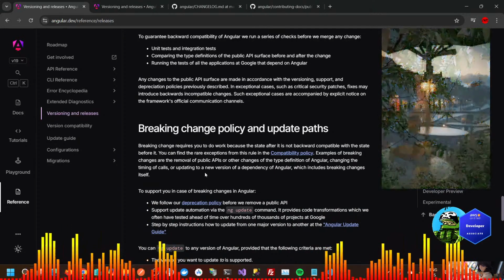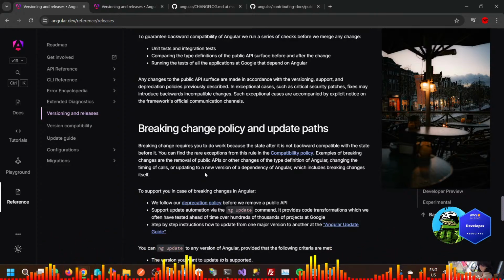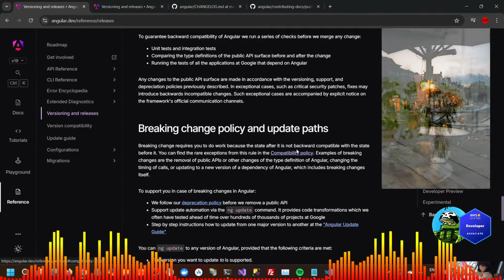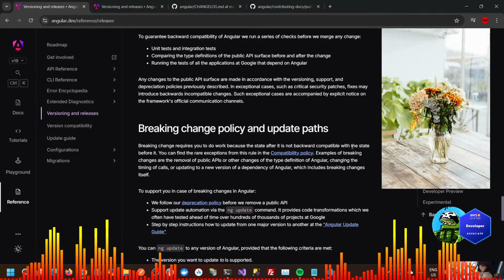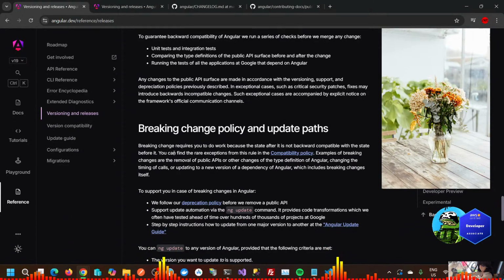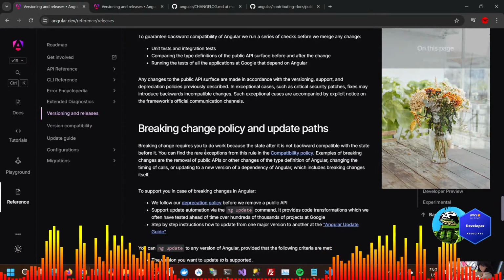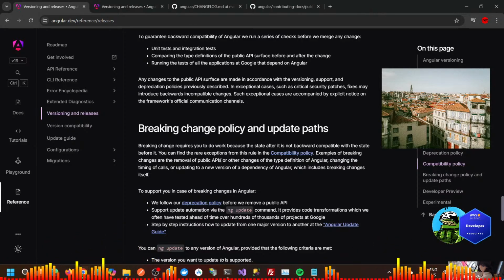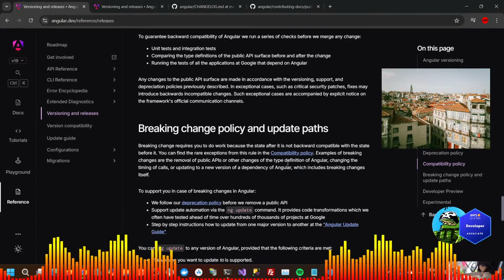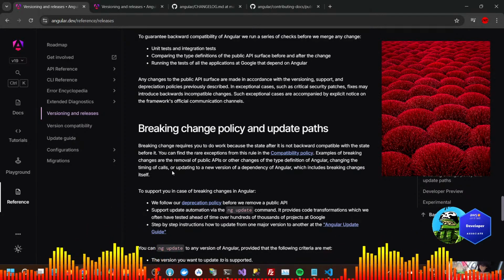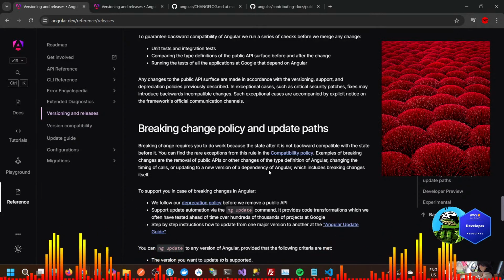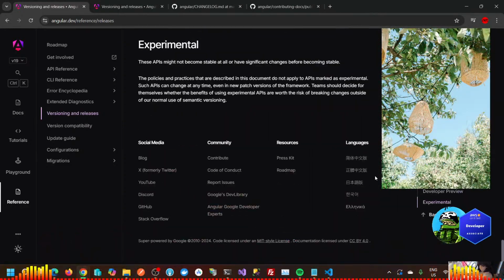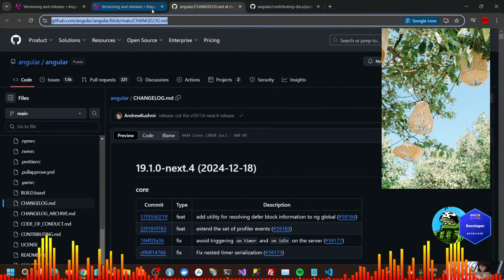Breaking change policy and update path. A breaking change requires you to do work because the state after it is not backward compatible with the state before it. You can find the rare exceptions to this rule in the compatibility policy. Examples of breaking changes are the removal of public APIs or other changes of the type definition of Angular, changing the timing of calls, or updating to a new version of a dependency of Angular, which includes breaking changes itself. Blah, blah, blah. Okay, so